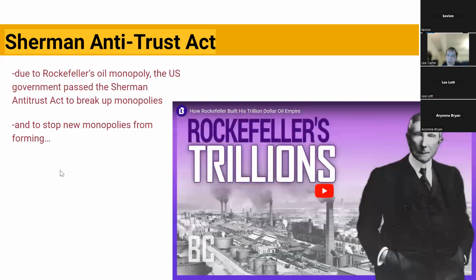So this is a history of Rockefeller and his money. What I want to point out here, since I know I have the assessment this Friday, is that the Sherman Antitrust Act of 1890 was a law passed by the U.S. government to allow them to break up monopolies, which they called trusts a lot of times because of the way they had them organized, and to stop new monopolies from forming. And Standard Oil is the most famous of those. So I'll kind of watch this and learn a few things from this one.